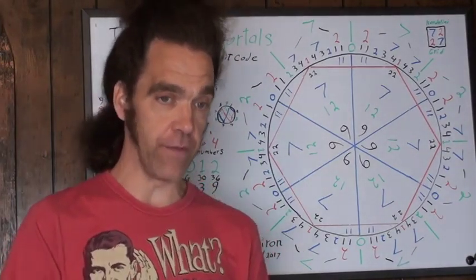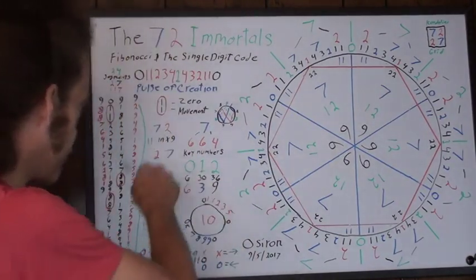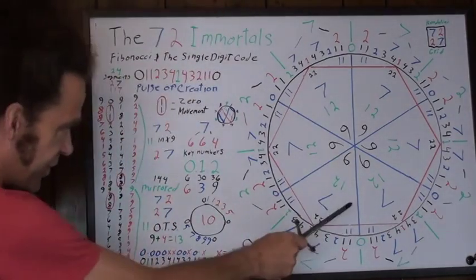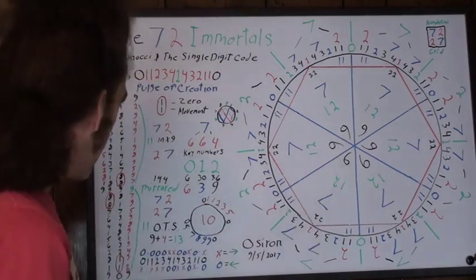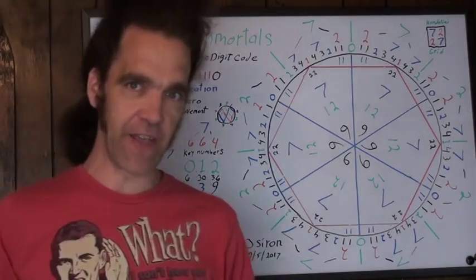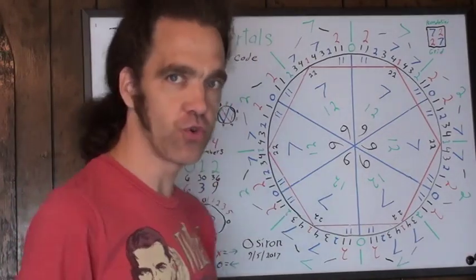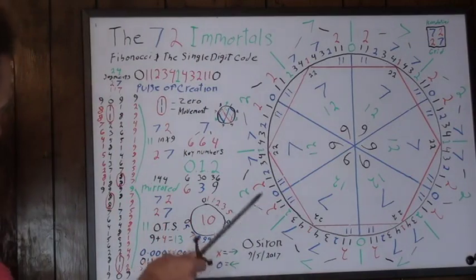But the other way, the way that follows the single digit code of reducing the numbers, is producing all this over here and this. And I'll get to this in a minute. I can't believe I haven't touched on this yet, because this is amazing. But I need to lay the framework for what's going on, and it's taking a little bit more time than usual. And also what happens is